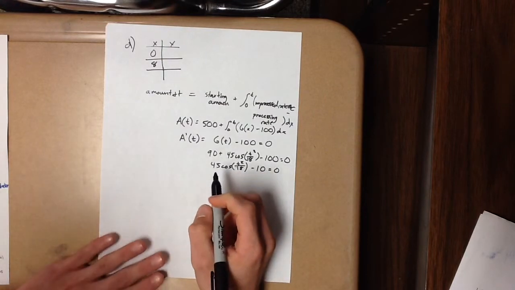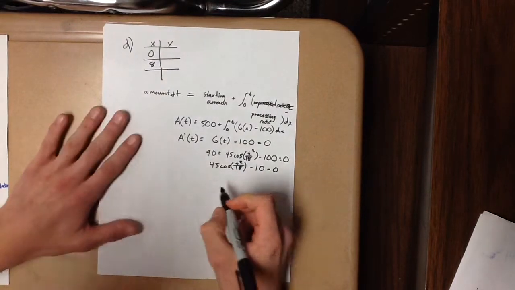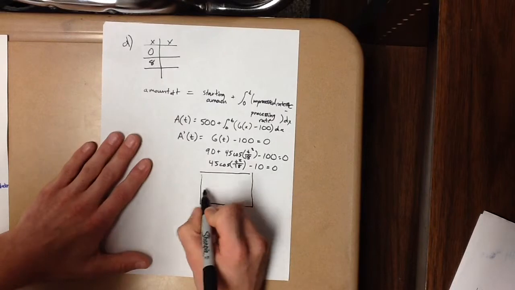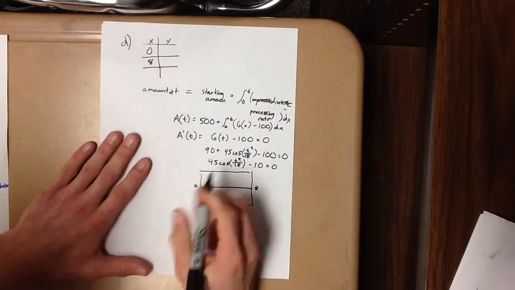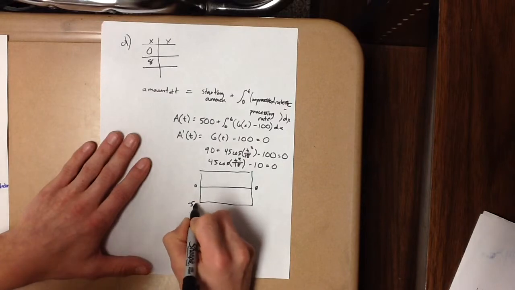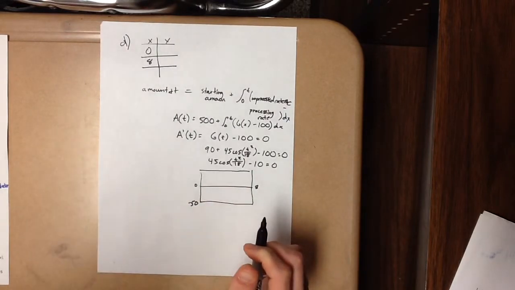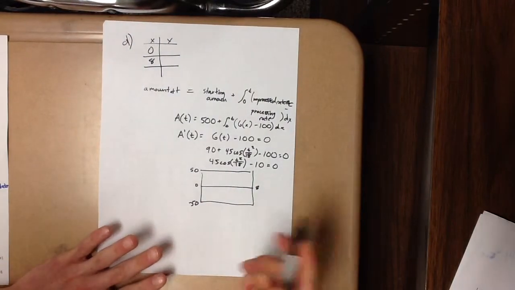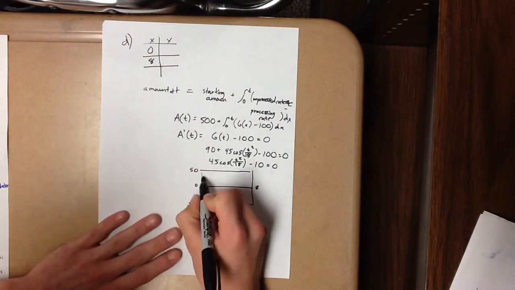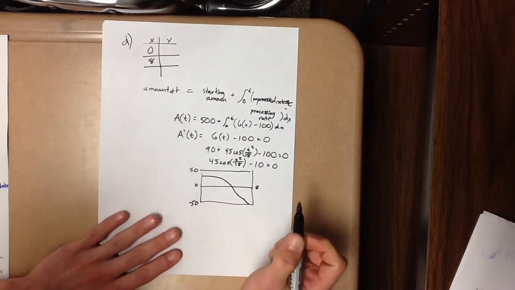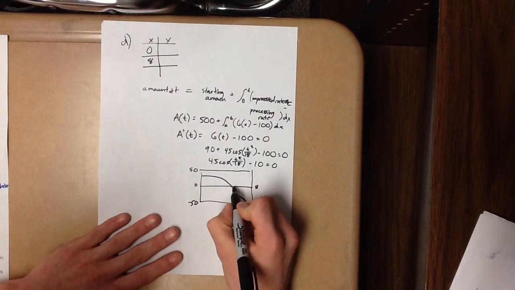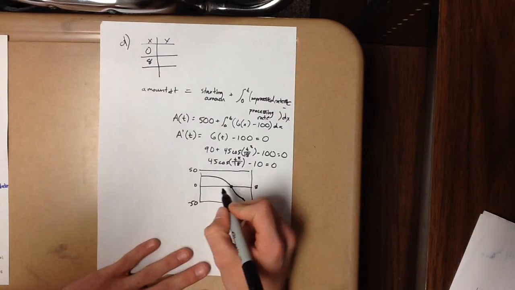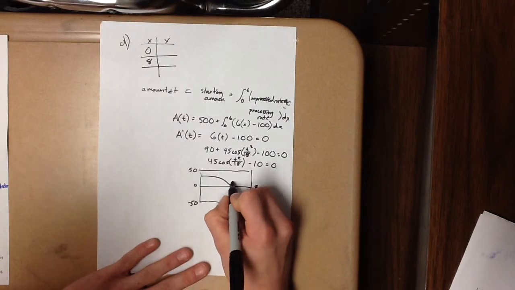Then we graph this on the calculator, and you can do that on your own, and you will get this. 0 to 8, and since that's the workday, that should be your x values, and then the y values should be negative 50 to 50, so you can plot the whole thing, and then you graph a of t, which will look something like this. Then you use the calculator to find the zero on this graph, and you'll get